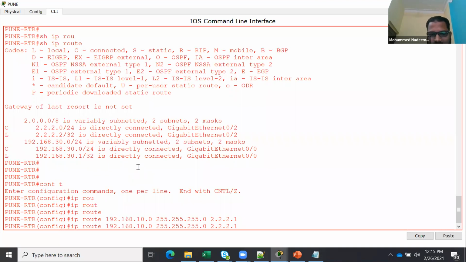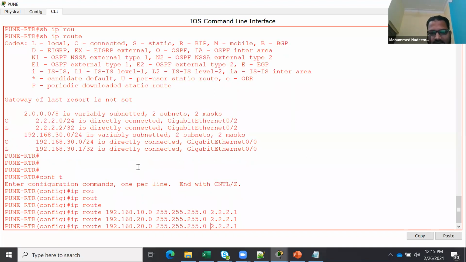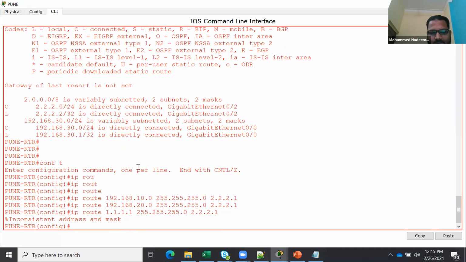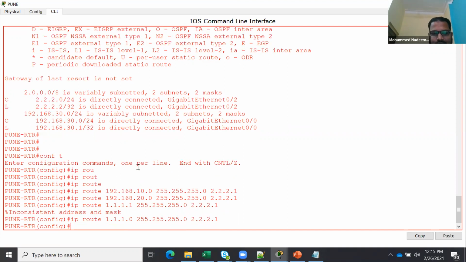Done. Similarly, with the same direction, I can simply say 20, just changing this one. It will be 1.1.1.1. Sorry, it should not be IP, it should be network. Done.